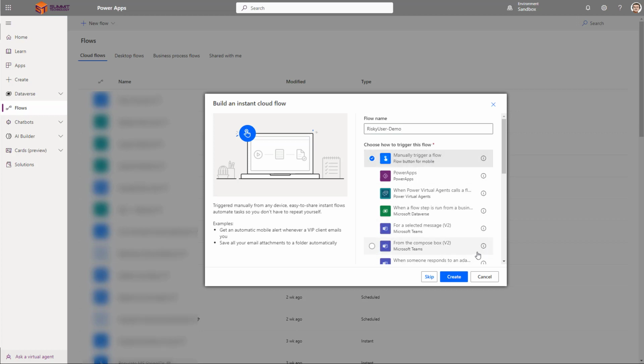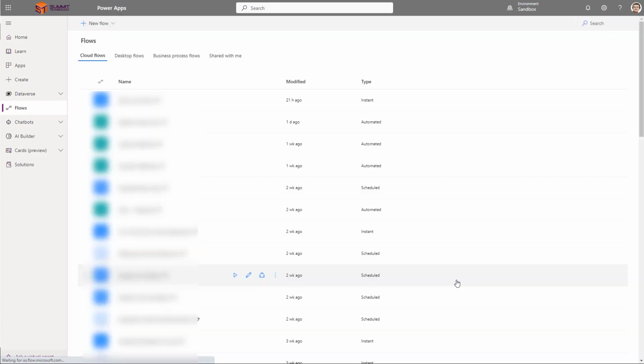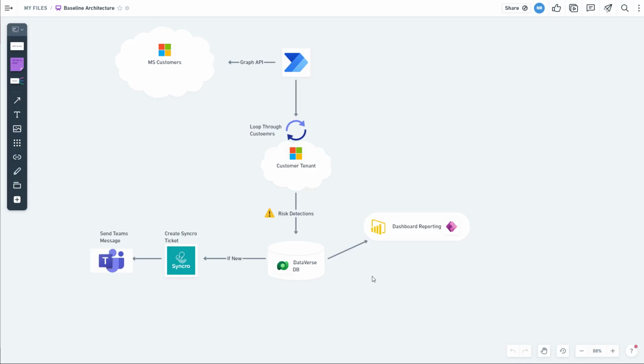And I'm going to manually trigger the flow here to start. We're going to change this once we're done to a schedule, but essentially, this is what we're going to create here at the genesis of this Power Automate flow. Before we dive into the actual flow, this is what we're going to be creating as a base level